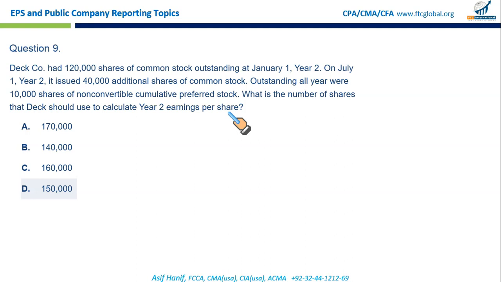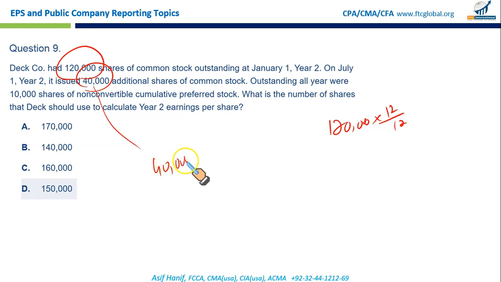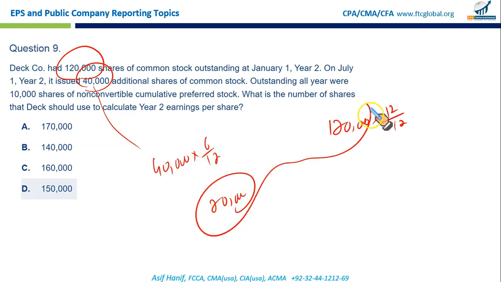So we have 2 stock transactions related to common stock, or 2 pieces of information related to common stock. One is the total outstanding stock, 120, which remained outstanding for the whole of the year. We give it weight 12 out of 12. And then these 40,000 shares, they were issued on 1st of July. So July, August, September, October, November, this exact 6 months. So 40,000 will carry a weight of 6 out of 12. So that makes 20. So 20 plus 120, 140 is the number of shares that you will use to calculate